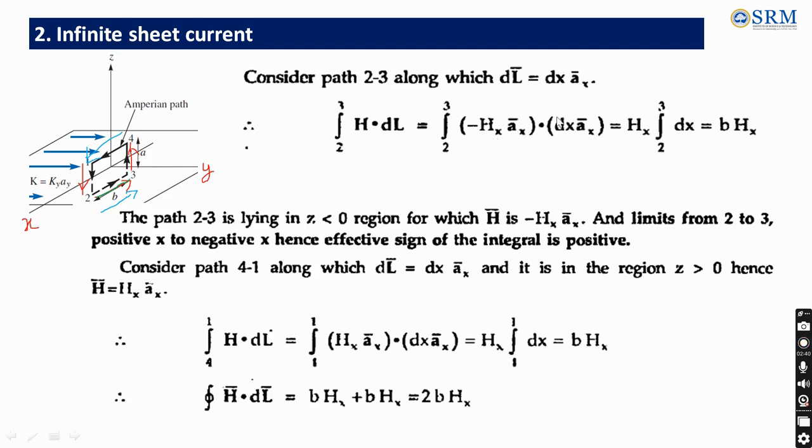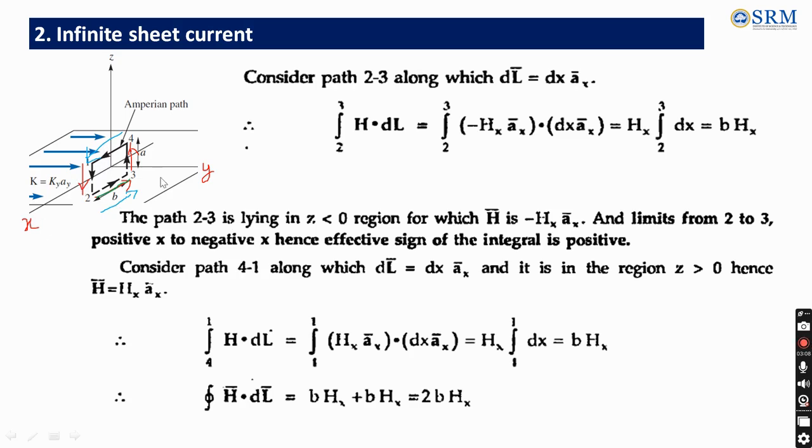And how the negative goes away: the limit is from 2 to 3, that is from the positive x to the negative x. So this side is negative x, and the overall integral will be positive only. And the length component is b, so it is b into Hx. So for path 4 to 1, the final path, the same dl is dx into Ax,